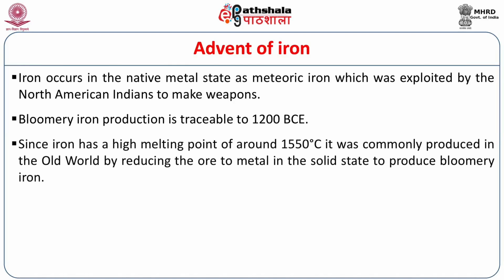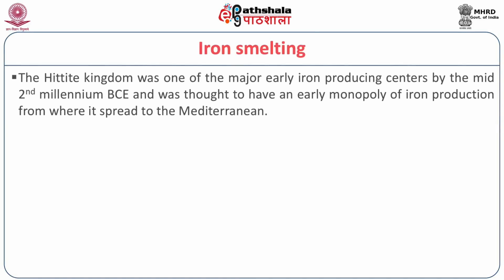Since iron has a very high melting point of about 1550 degrees, it was commonly produced in the Old World by reducing the ore to the metal in the solid state to produce bloomery iron, and the use of shaft furnaces was made to produce the iron bloom. It has been thought that the Hittite kingdom was one of the major early iron producing centers by the mid-2nd millennium BC, and was thought to have had an early monopoly of iron production from where it spread to the